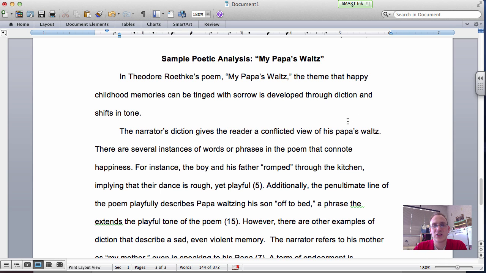You'll notice that the thesis statement is one sentence long. Okay, here's my thesis right here. In Theodore Roethke's poem, "My Papa's Waltz," the theme that happy childhood memories can be tinged with sorrow is developed through diction and shifts in tone. You'll notice that in that thesis I mention the theme, and then I mention two poetic devices that help develop